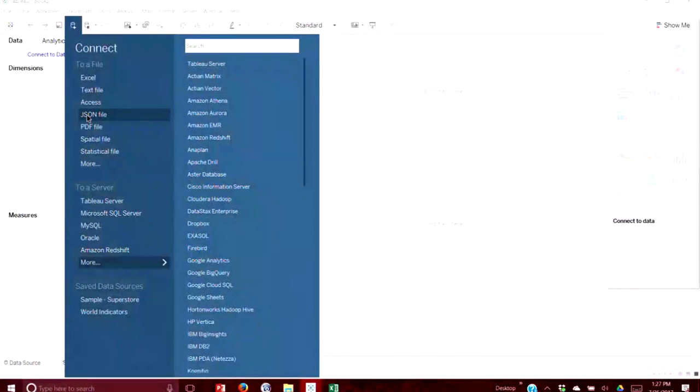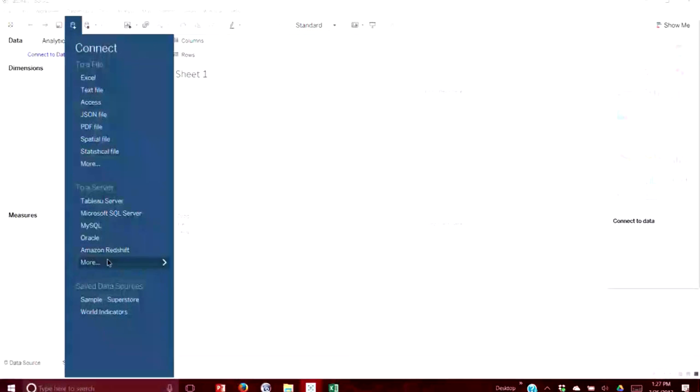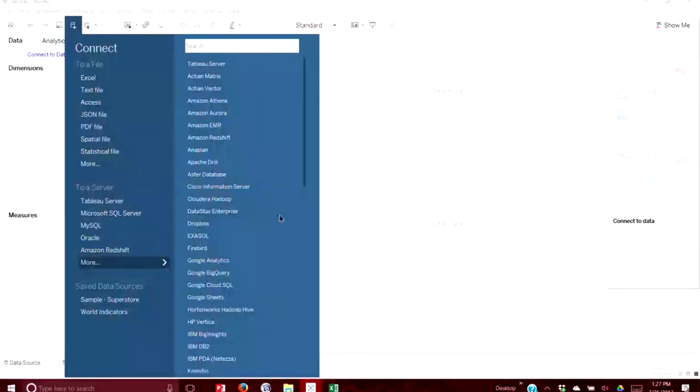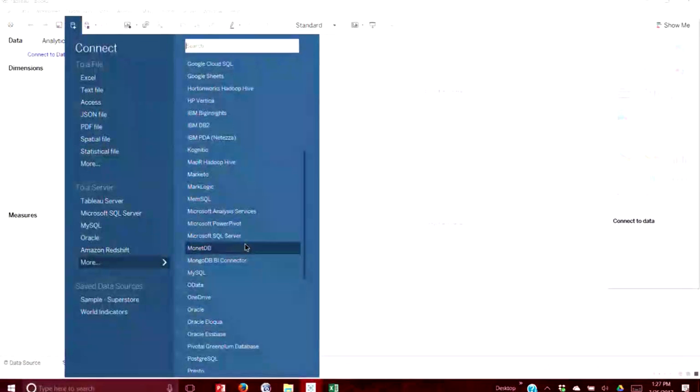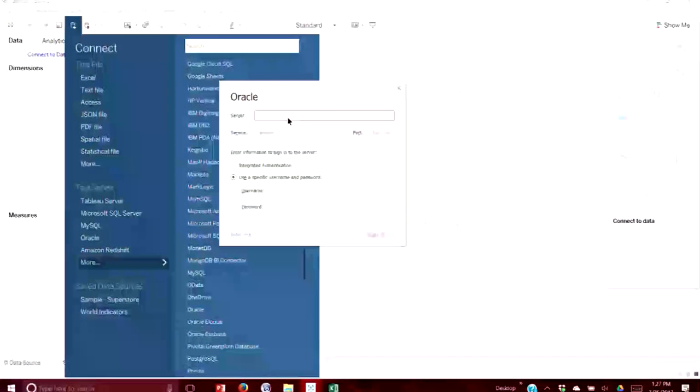And you can link Tableau to a server, like for instance, say you use an Oracle data set, or you have some other data program that you use. Yeah, we have a lot of Oracle here. Well, you can add Oracle right to it. If I click on Oracle, and if I have an Oracle data set, you get the server, I can integrate it, and I can put it right into Tableau. Perfect.